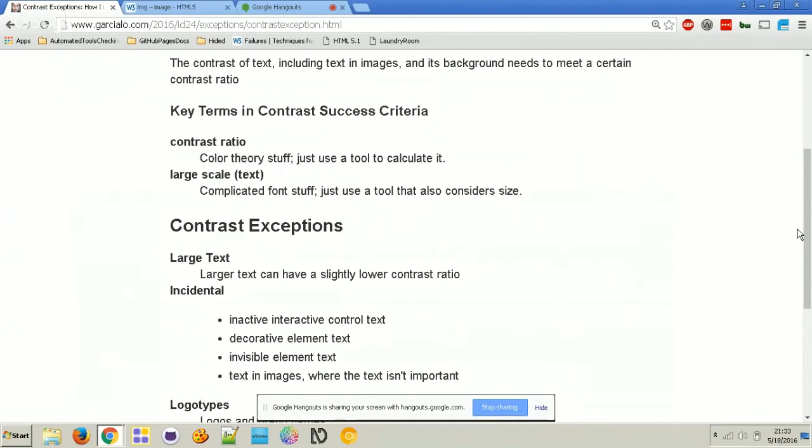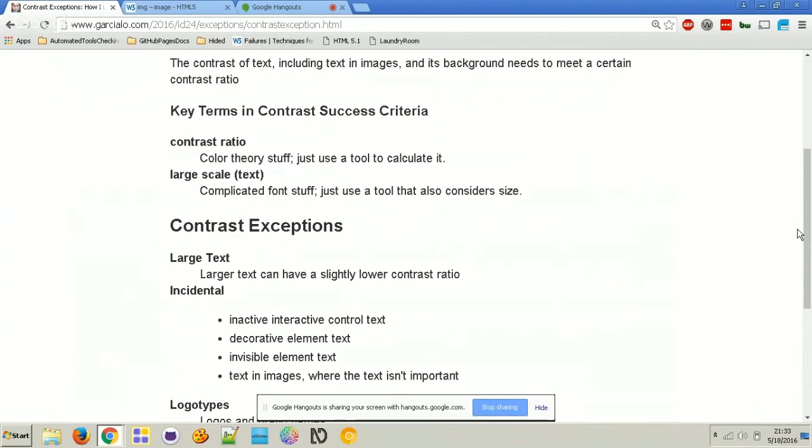And then the second term we have is large scale text. That's another one where it's complicated font designy stuff using terminology that I'm just not familiar with. It's not my area of expertise, and some of the tools that are available for checking contrast automatically will make the determination, do the calculations to see whether or not text on a page is normal text or if it's large text, right?